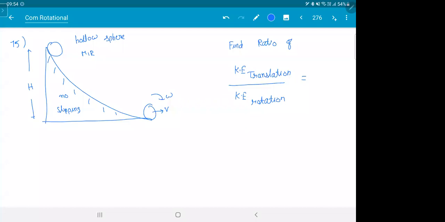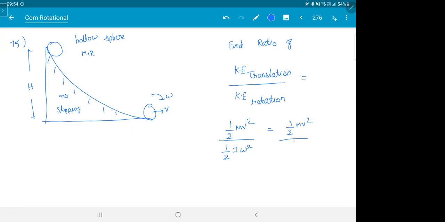Answer. You need not even bother about the height h. Listen, it is simple. What is translation energy? Half mv square. What is rotational energy? Half I omega square, isn't it? Those are the two components. Translation is half mv square, rotation is half I omega square. That's what we are adding till now.